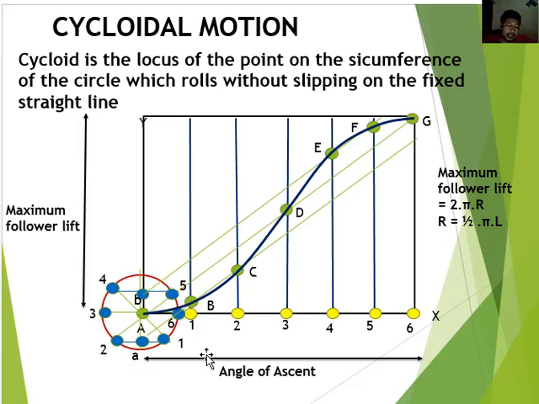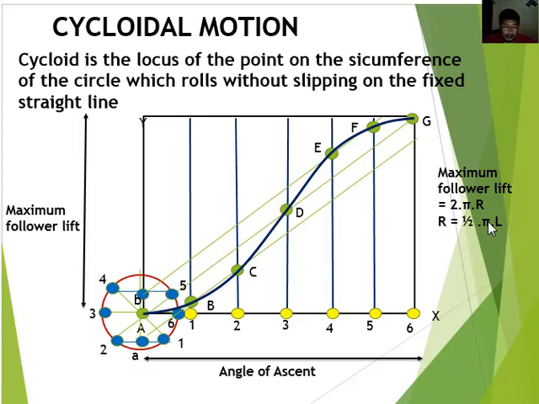In the case of a cam, the straight line is the stroke of the follower, which is translating, and the circumference of the rolling circle is equal to the stroke of the follower. Okay, the displacement diagram is obtained as discussed below. The first method is to draw a circle of radius, the radius is equal to